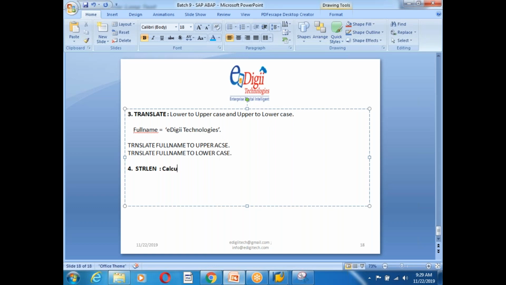Perfect. 1, 2, 3, 4, 5, 6, 7, 8, 9, 10, 11, 12, 13, 14, 15, 16, 17, 18, 19. This is the string length, guys. I calculated it manually. If you want to calculate it programmatically, so